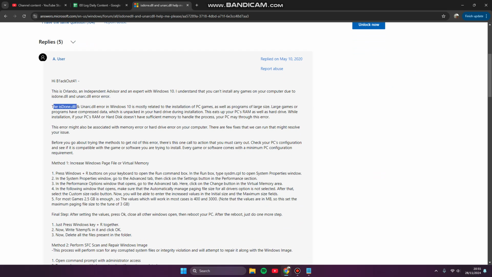The isDone.dll and Unarc.dll errors in Windows 11 or 10 are mostly related to the installation of PC games as well as programs of large size. This eats up your PC RAM as well as hard drive. While installing, if your PC RAM or hard disk doesn't have sufficient memory to handle the process, your PC may throw this error. So here, the first and very important method is to increase the Windows page file or virtual